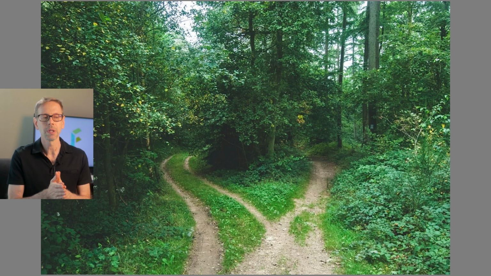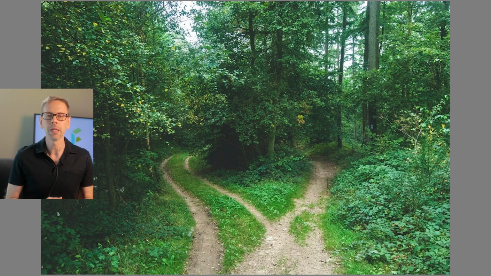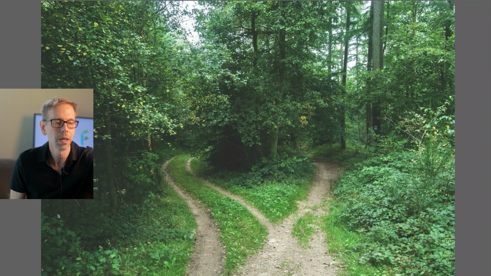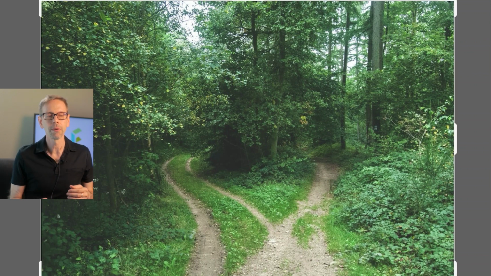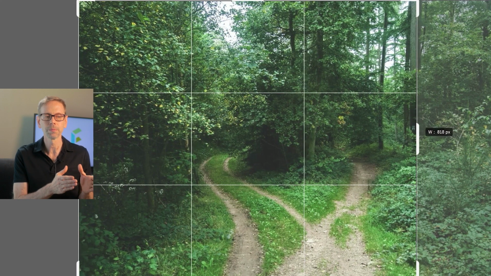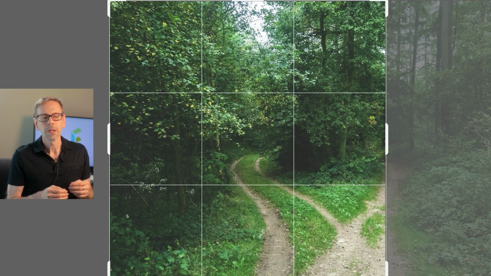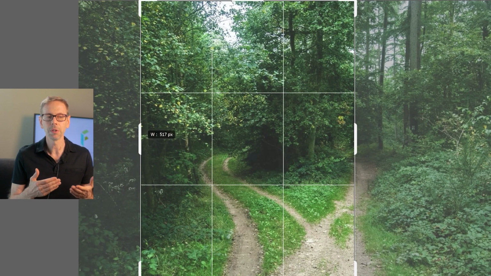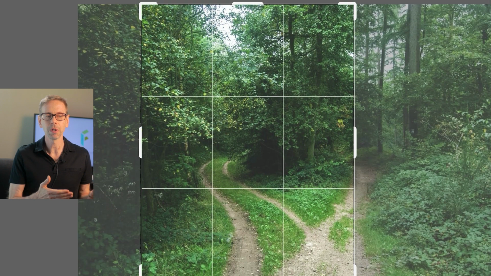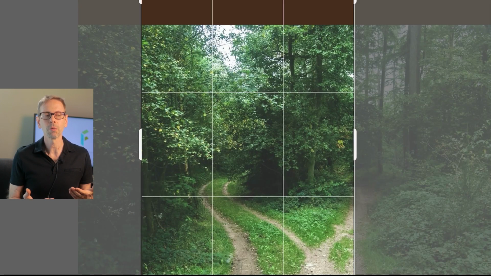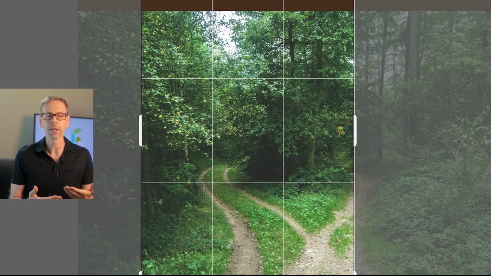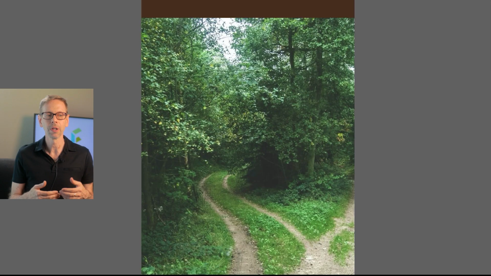So that's the first thing I would do here, and there can be countless types of changes that can be made. But my goal here is to help beginning painters understand some of the basics. So one of the things that I would do here is simply cropping in and making the decision to not include both of those paths in this particular very classic landscape structure. Also, this is not the type of thing in Photoshop that I would do before painting. Normally I would be doing all of these things in oil paint. This was a faster way of demonstrating how a painter might think about making changes to a photograph that would